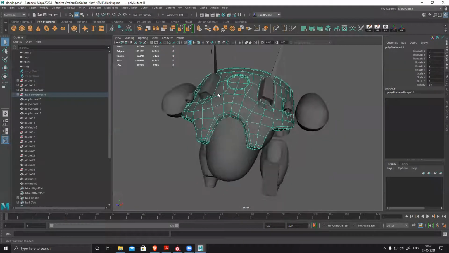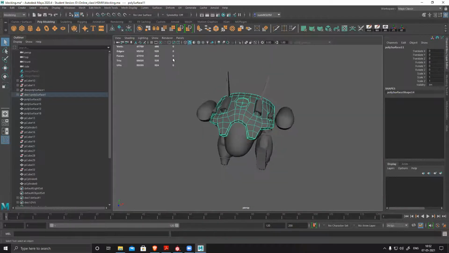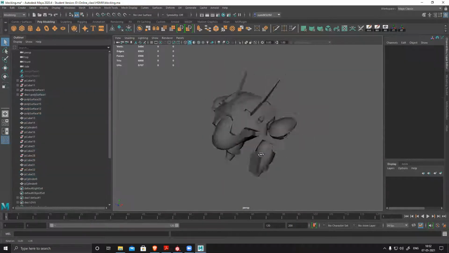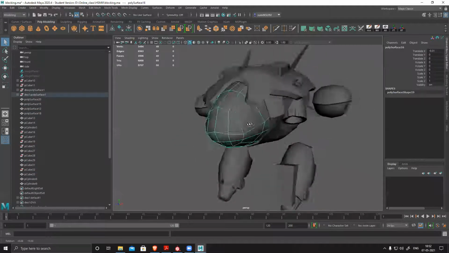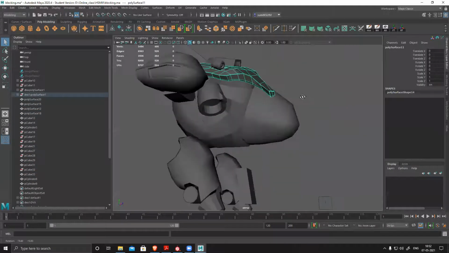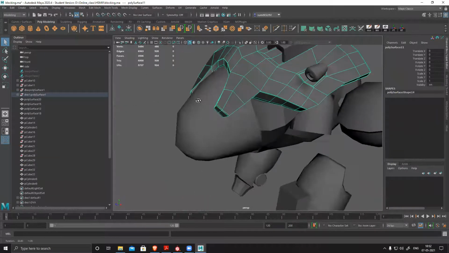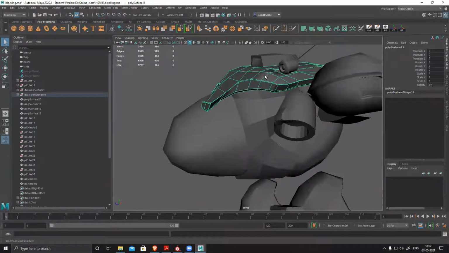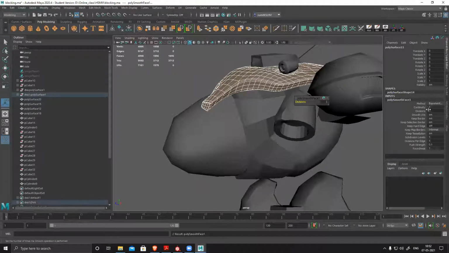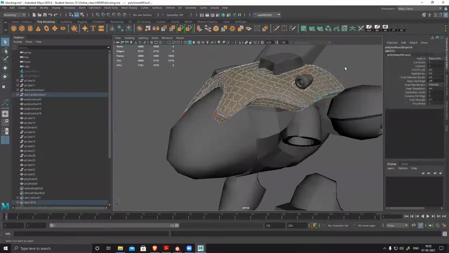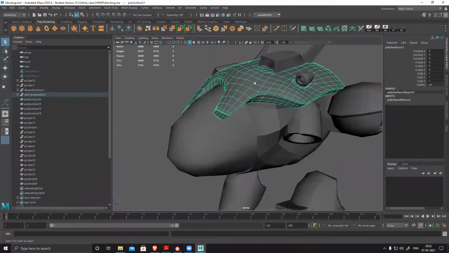So you can see this is press three, like an illusion, it gives you a preview of the high poly. If I press one, everything is one. So you can see right now this is really angular. This is also very angular. This is also very angular. So what I did, I kept all the supporting loops and everything, then pressed shift, right click, smooth. Make sure it's one division of smooth, so it will become a little smooth.